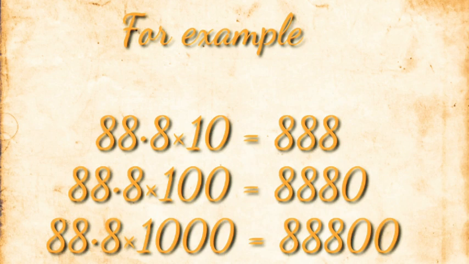As in the next, 88.8, multiply it with 1000. Here the decimal will be shifted to the right. How many places? 3 places, as here are 3 zeros. But we have in the question only one digit, so we need to insert 2 zeros from our own side. Then the answer will be 88,800 or 88,800.0. It's up to you, you can write it directly or by putting a decimal at the end also. Both the answers will be correct.